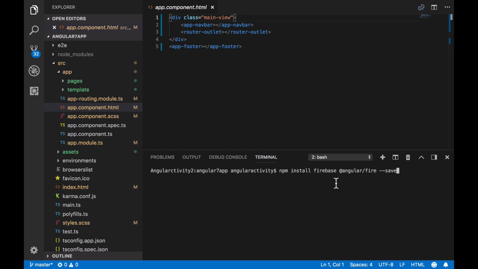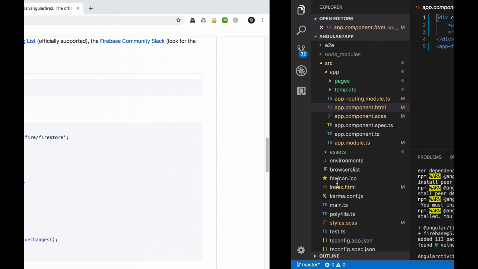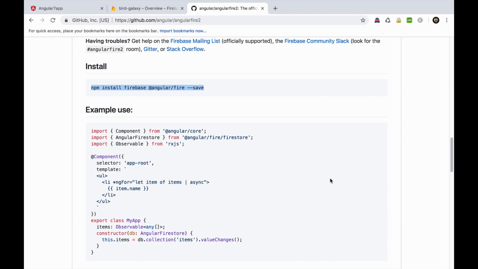So let's create a new session and paste in this information. Alright, now we should be able to use AngularFire in our application.